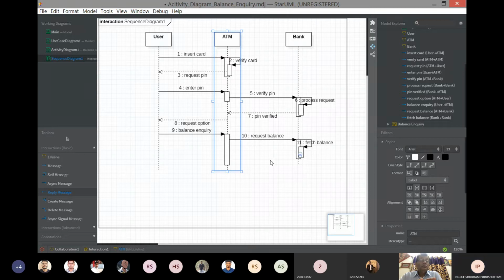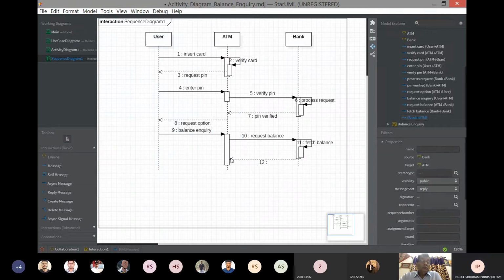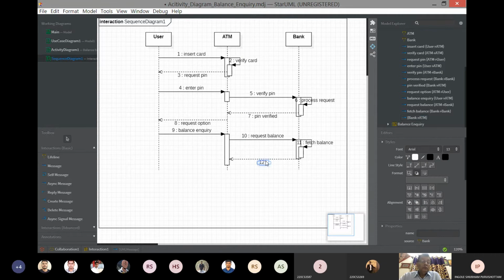Again, it will return the balance. It will display the balance for the user.